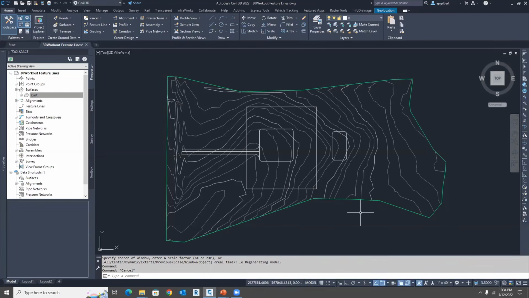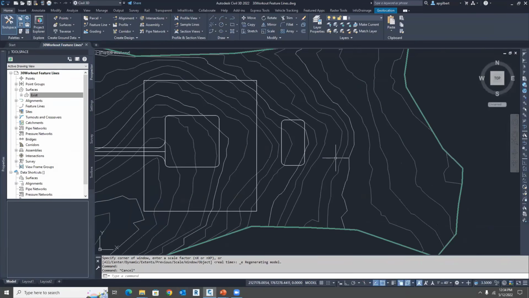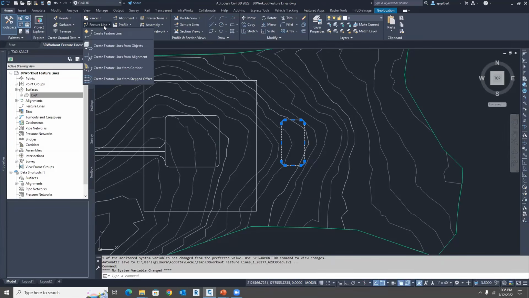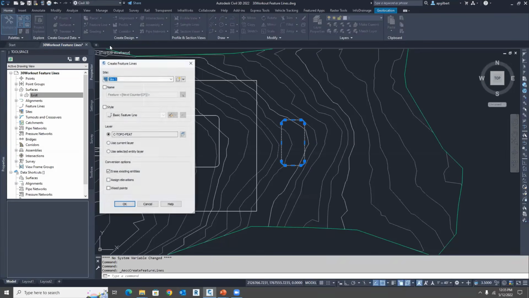So the first thing we mention is the pond or ditch or swale basin, whatever you want to call it. And so that's in the back here. And we're going to start with that using some of the feature line tools to grade this particular pond. So the first step is we need to create a feature line from this object. It's just a 2D object. So we're going to select the polyline, and we're going to go to feature line from objects on the home